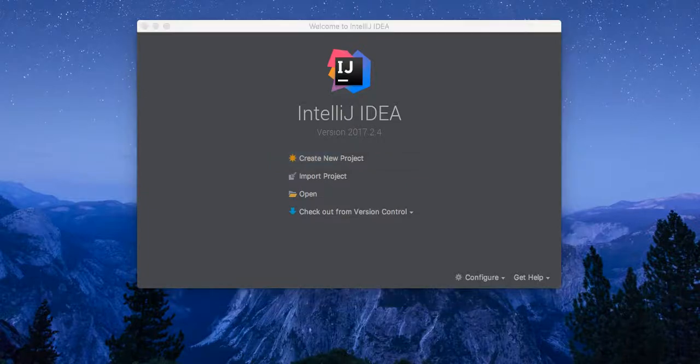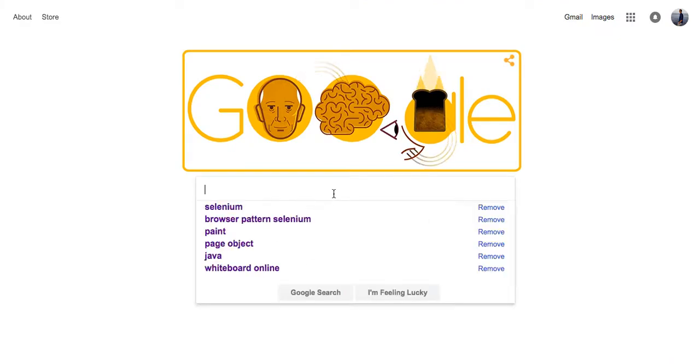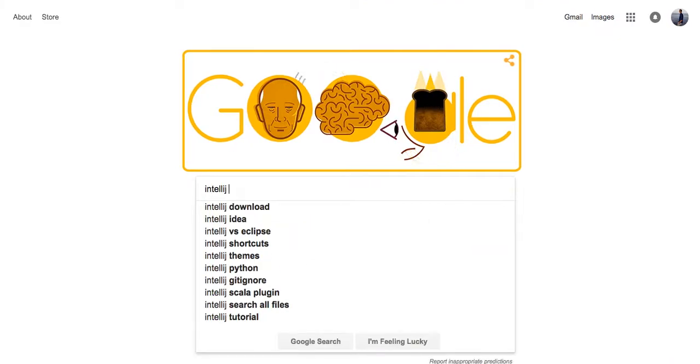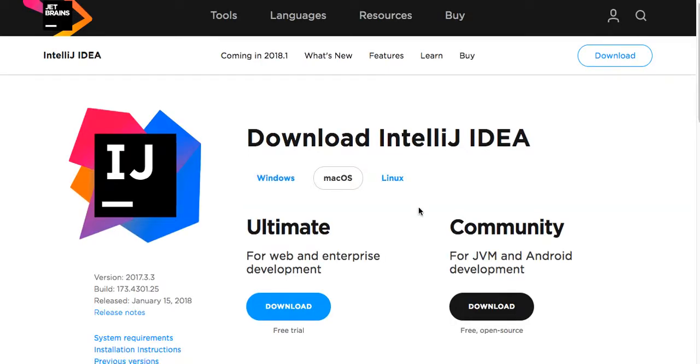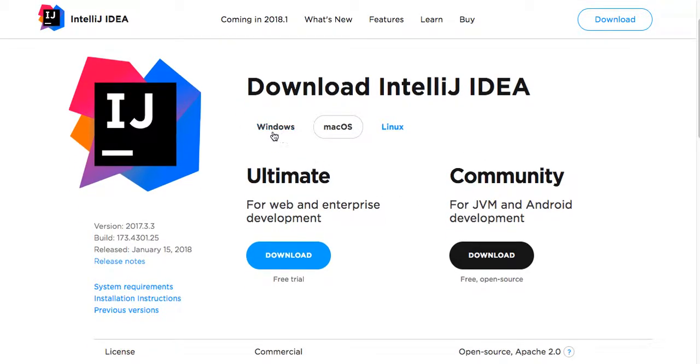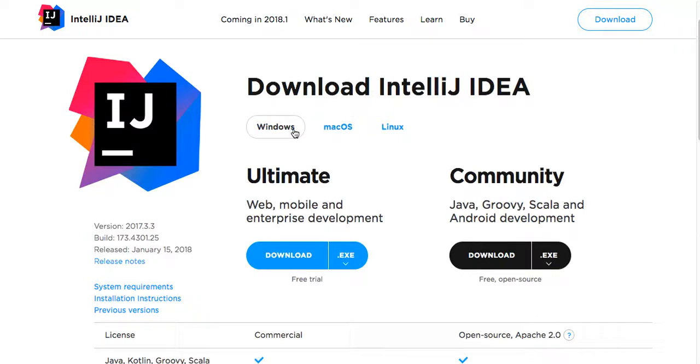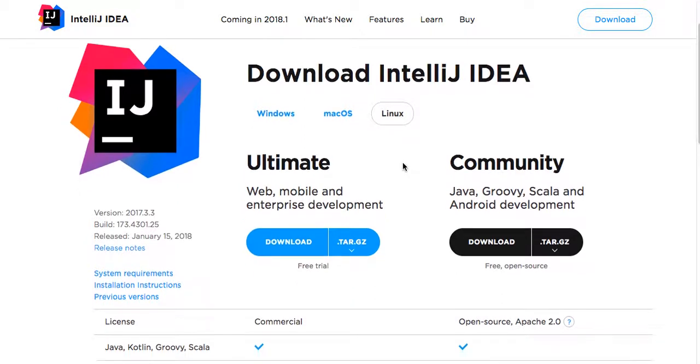So let's just go to Google, and here you can simply search for IntelliJ download. When you search for IntelliJ download, you'll see some links from jetbrains.com, and it's usually the first link, so it says download IntelliJ IDEA. So let me just click on that, and here we can see real quick that since I'm using macOS, it is selected on that. Otherwise, you can choose Windows, macOS, and Linux depending on your operating system,